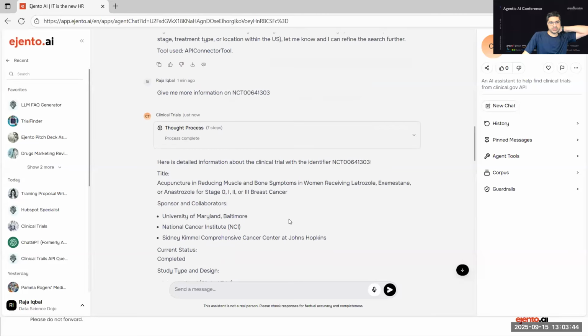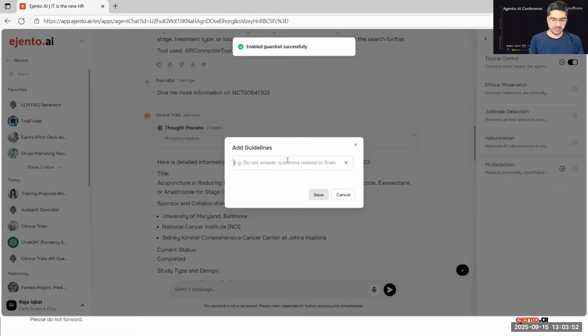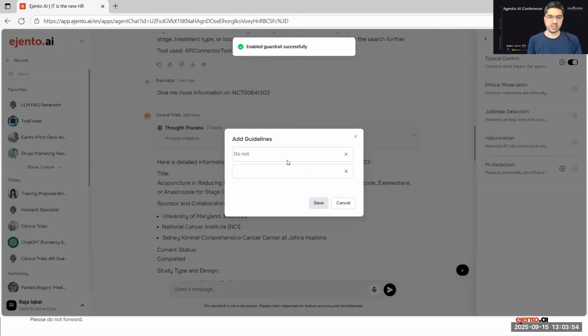I want to show one more thing. Okay, so let me actually try to apply a guardrail here. Do not answer any question about any trials related to breast cancer.